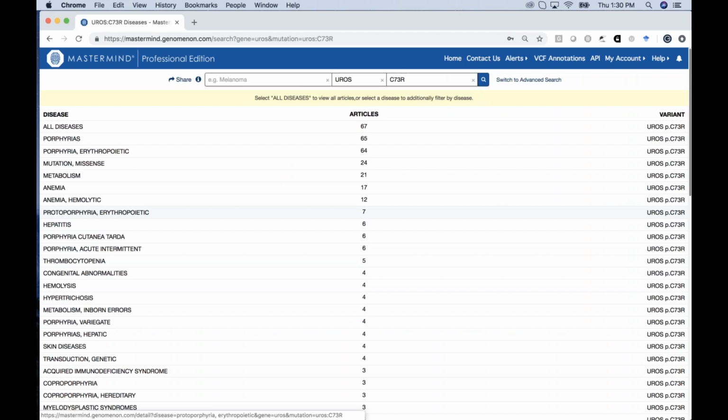And if you weren't familiar before, it should be apparent now that the UROS gene and this particular variant is associated frequently with porphyrias. We don't need to go into the nature of that disease, but you can see a number of aspects of porphyria and the different types of porphyria that are involved in this particular circumstance. If you want to maximize the sensitivity, you execute the all diseases search. If you want to enhance or hone the specificity of your search, you'd click on any one of these specific